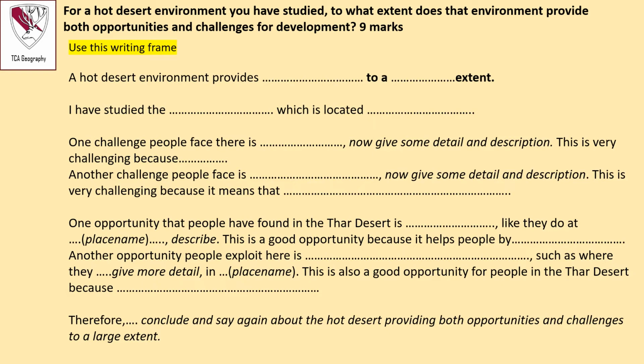I studied the Thar Desert, which is located on the border of Pakistan and India, would be a start, but you could give us some more detail. You could tell us what latitudes it's found at, for instance. One challenge people face there is, now then, what could we include? So you can come back to this later, but for now,